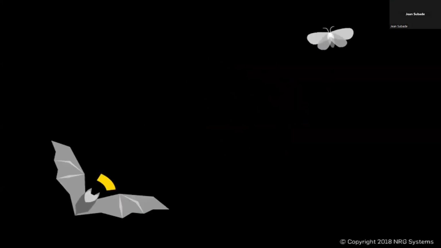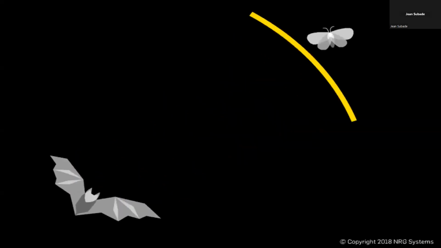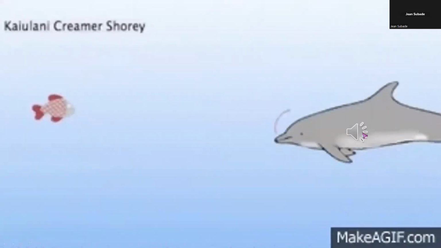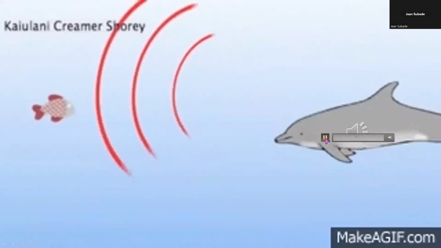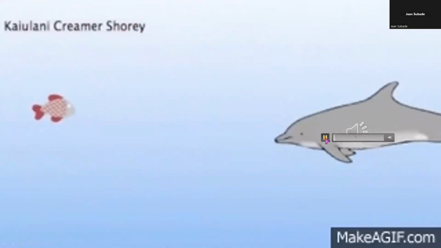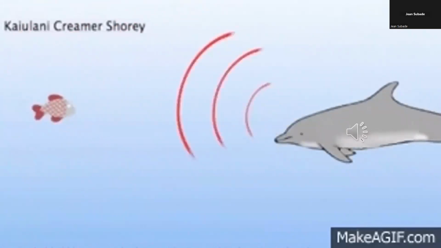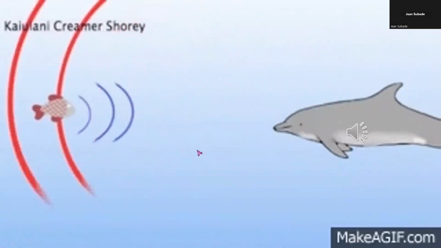You can see here, the bat is the best example of a kind of mammal that uses vibration or echolocation in order to locate the food. Even the whales are using sound in order to